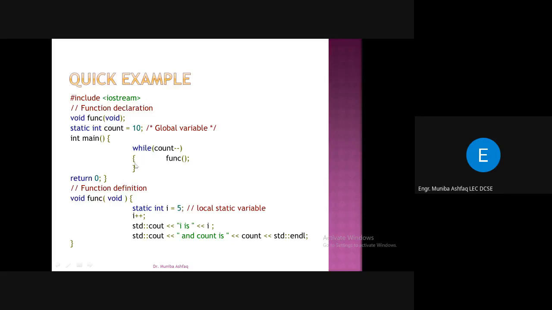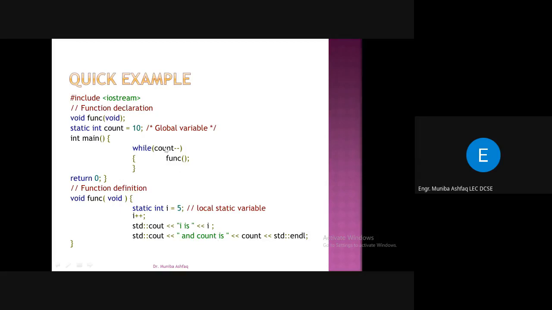फिर देखिए इस वाइल में, वाइल क्या होता है, रिपीटिशन स्ट्रक्चर होता है, ये बार बार इसके अंदर जो भी स्टेटमेंट लिखी होती है उसको बार बार कॉल करता है। यहाँ पे ये फंक्शन को बार बार कॉल कर रहा है। फंक्शन के अंदर ये इंक्रीमेंट हो रही है इसकी वैल्यू। तो अगर प्रीवियस वैल्यू 5 थी वो 6 बन जाएगी, 6 होगी तो 7 बन जाएगी, ठीक है।